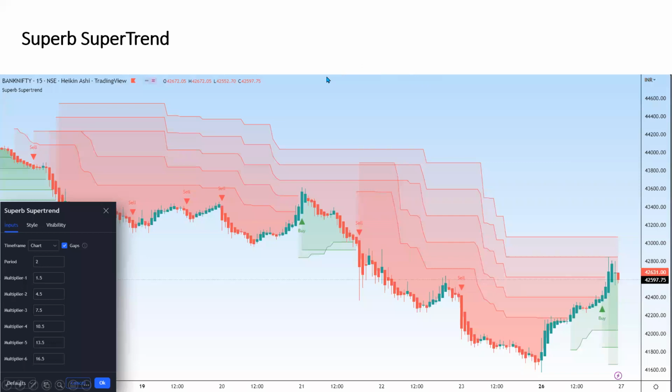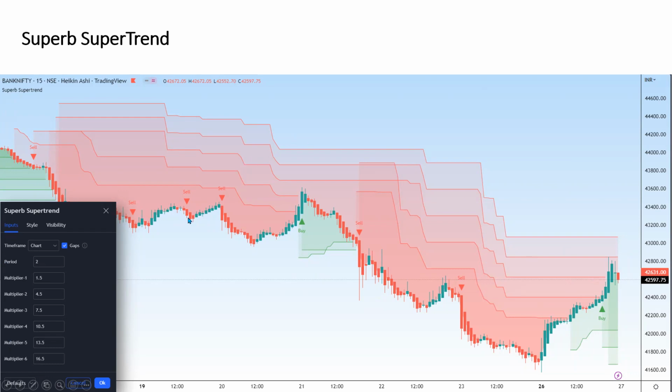Okay, Super Trend. This credit goes to Mr. Pitambram. I personally don't trade it, but people were asking for it, so I quoted it. And I know the concept. The concept is 6 Super Trends with period S2 and these multipliers. And this concept by Sir was that these Super Trends with these values, these levels work as good support and resistance as per him. I had a different view, but that's fine.